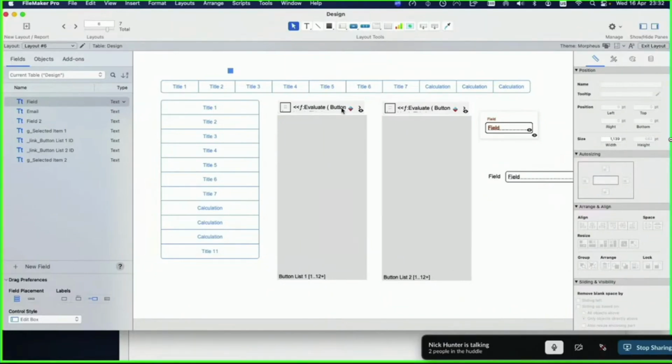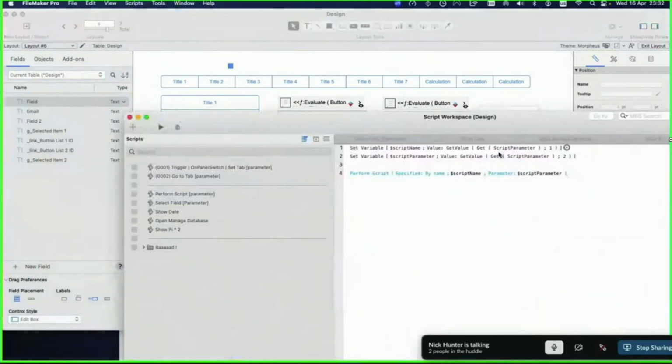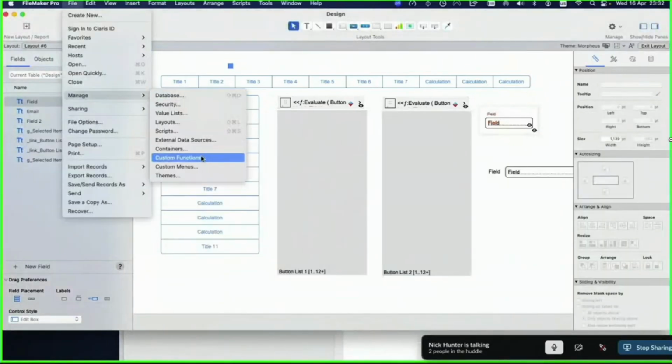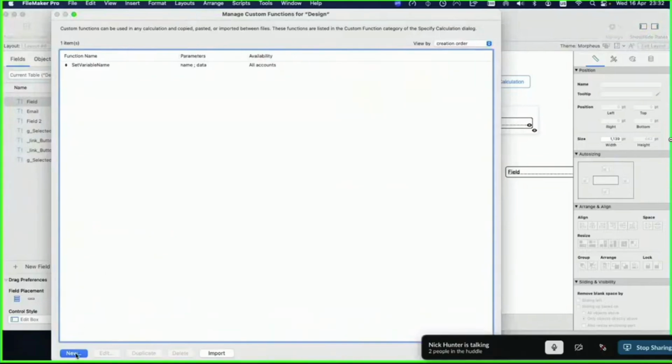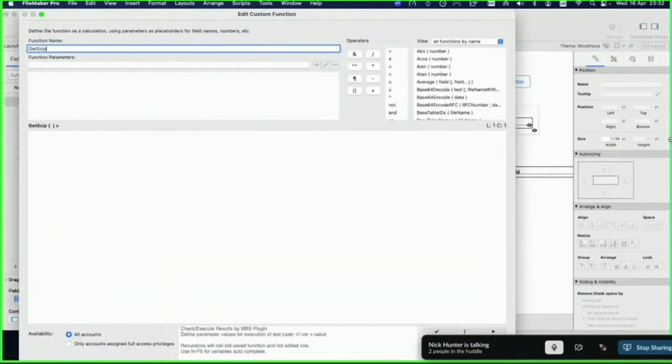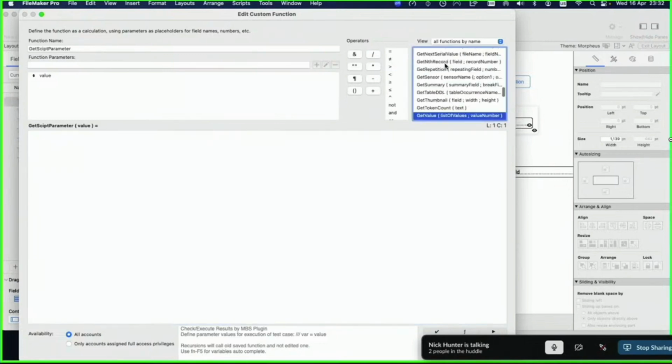Yes, that is true. So what happened? 1, 2, 3, 5 stresses me out when trying to go through what a bigger script is doing. Yeah. And normally I can reproduce this. This is how to write, right? So that's why I have a custom function now in all my solutions. Get script parameter, right? And I put value here, and I pretty much write get value,